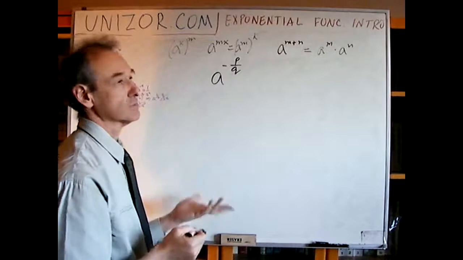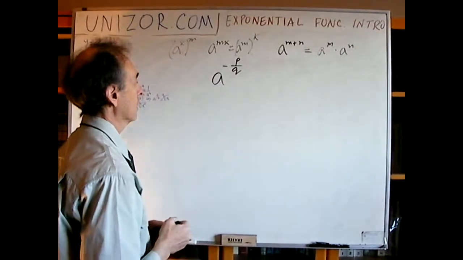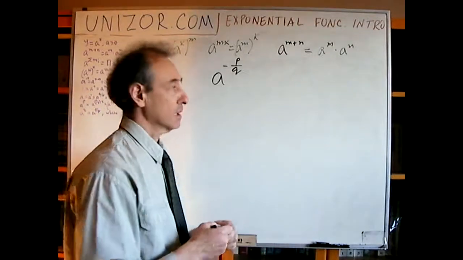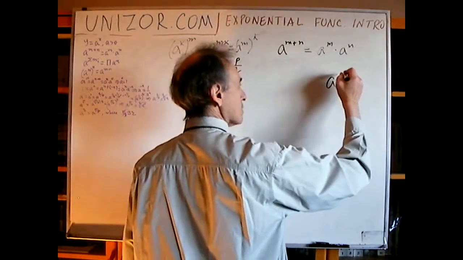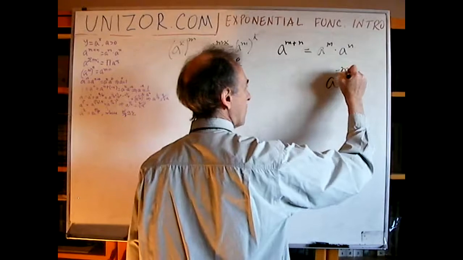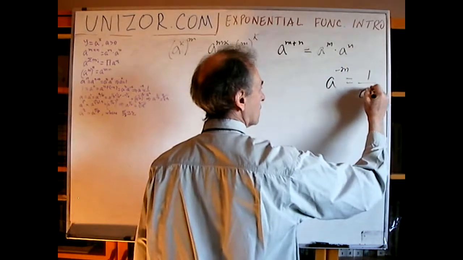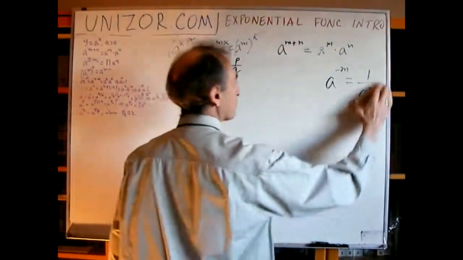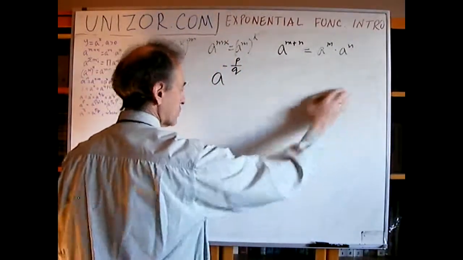Now, we all know what negativity actually does. If you remember, a to the power of minus m is equal to 1 over a to the power of m. We would like to preserve it, right? So to preserve it, all we have to do is define